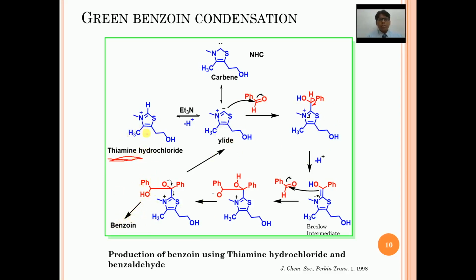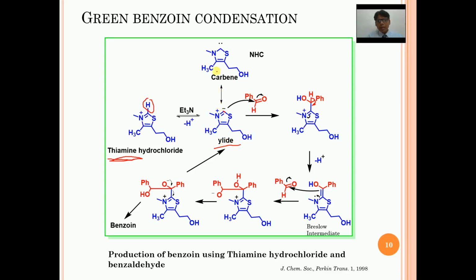In the presence of base, this particular proton is lost, H plus is lost. Remember, when H plus is lost, both the electrons remain with this carbon. Now this is a very peculiar condition. This is called an ylide, when nitrogen is having a positive charge and the adjacent carbon is having the opposite charge. So this plus and minus combination is called an ylide.